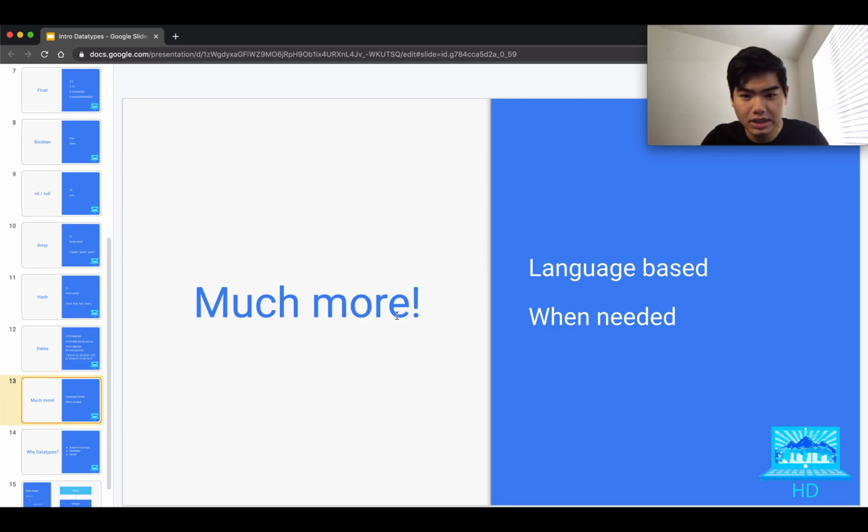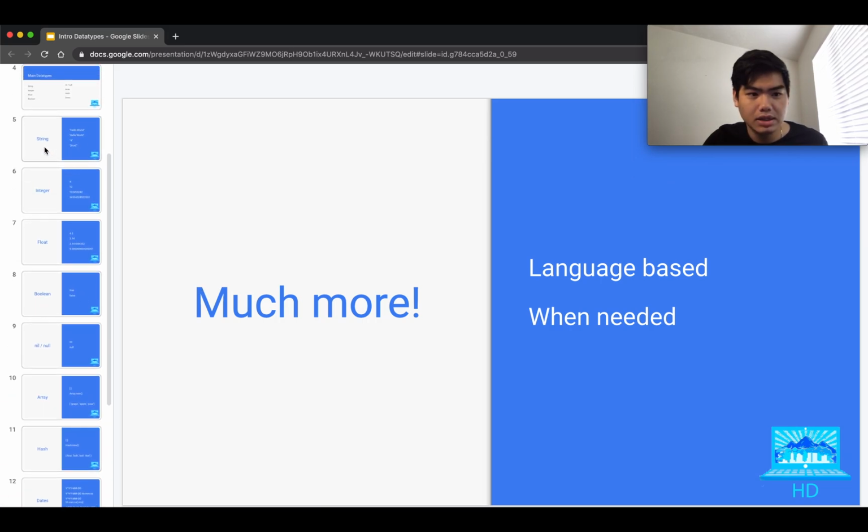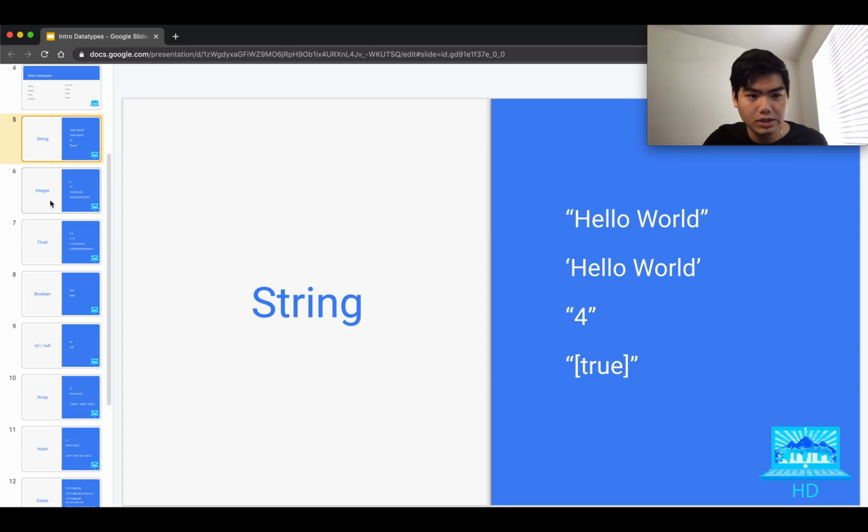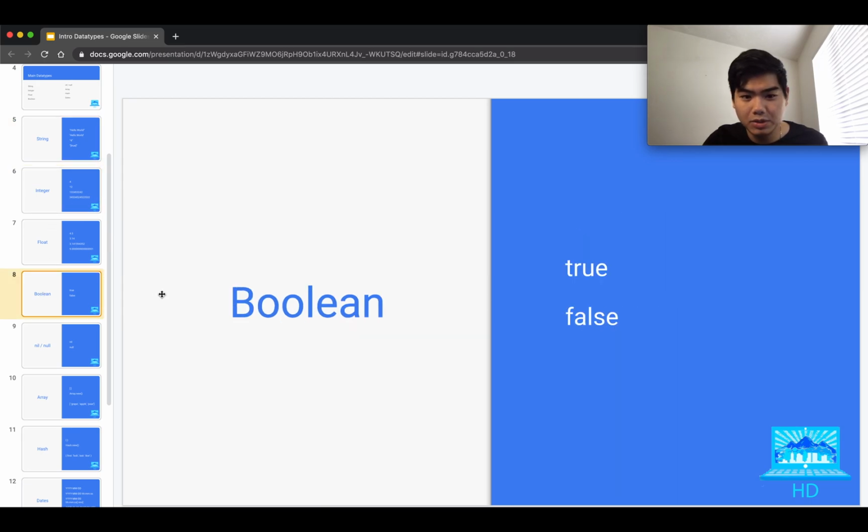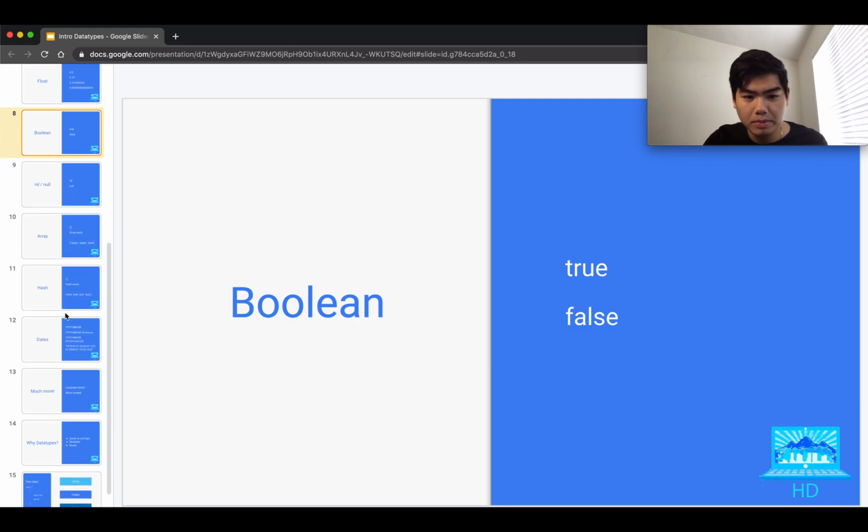There are many more data types out there, and some of it is actually language-based. There are primitive data types in Java, and other data types inside of SQL and Ruby. And with those, you would need to use them depending on your use case, so when needed. And you're not going to use every single data type. Don't memorize all the data types that are available to you or that I show you. Just use and memorize the ones that you use the most, because you'll definitely be using strings and integers, and you will be dealing with Booleans in one way or the other. So memorize those ones, or at least these 8 here,